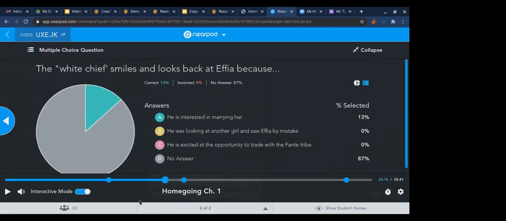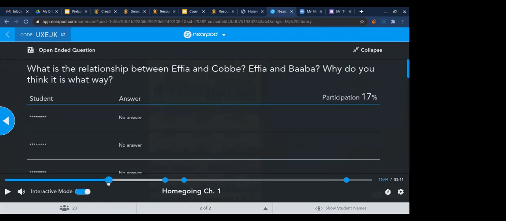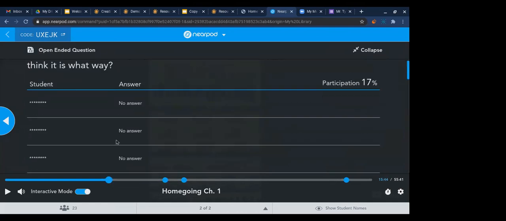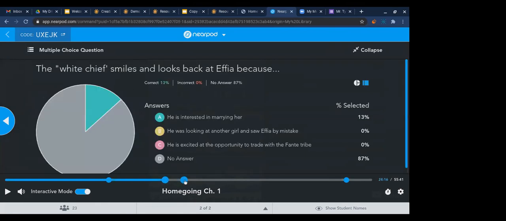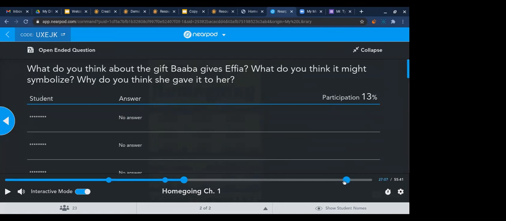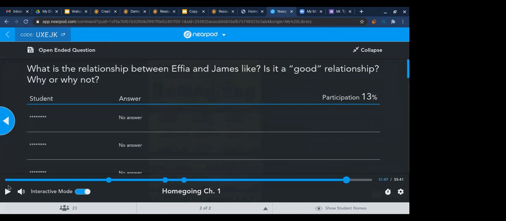Okay, I will check that out and see if there's a way to fix that. But if there's still questions that you haven't done and you want to jump to those. Can you see my name is on that right there for the first one? Don't you know how you can see who answered it? I have them hidden right now just because I'm sharing my screen, but I can see them if I want to. Do you want me to check if yours is there? It might be too low for me. I can do that real quick. Give me a sec.